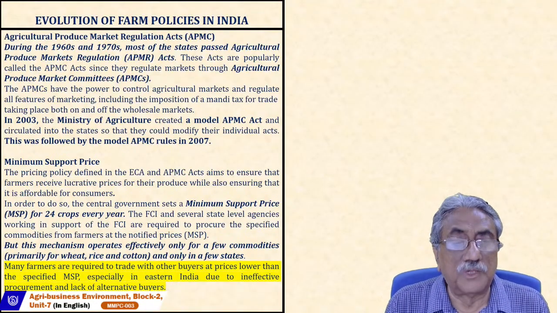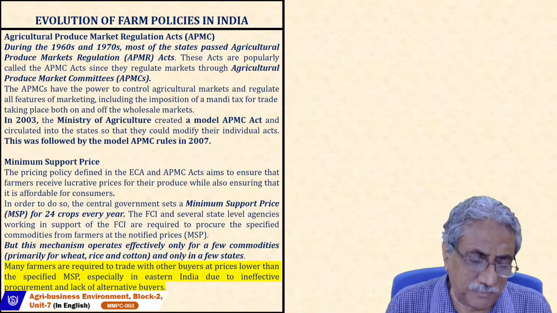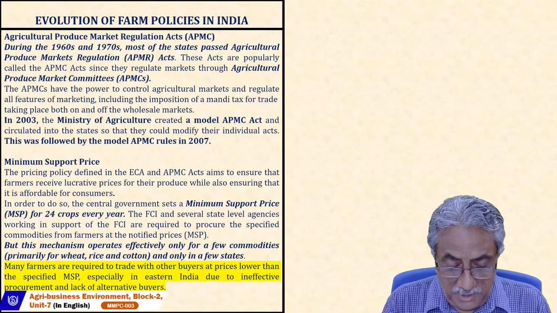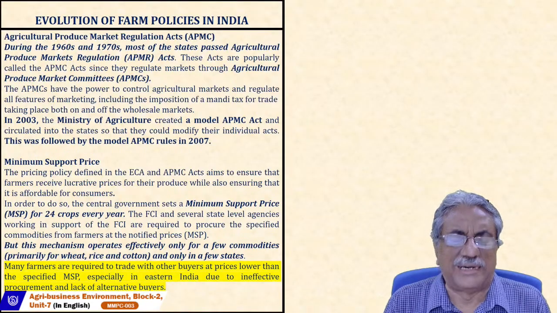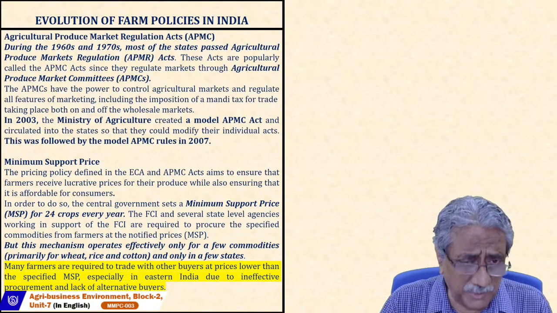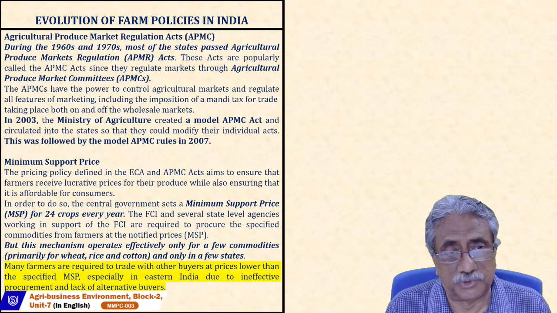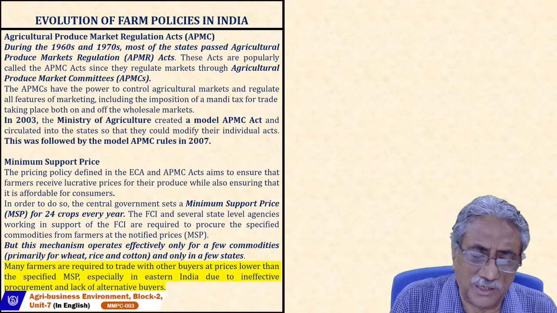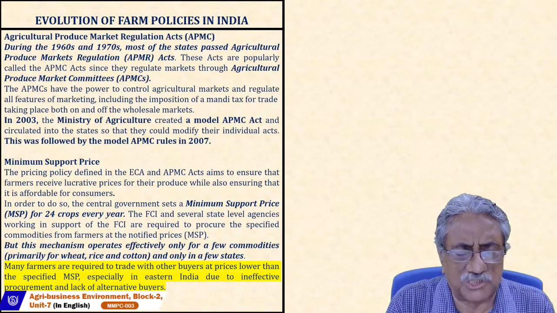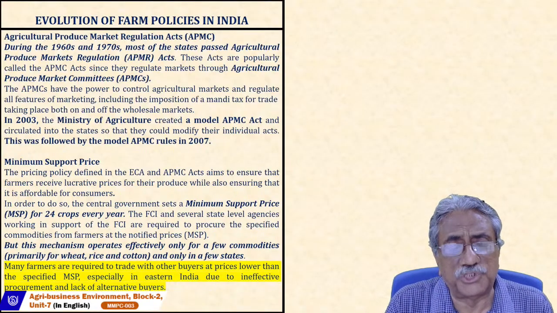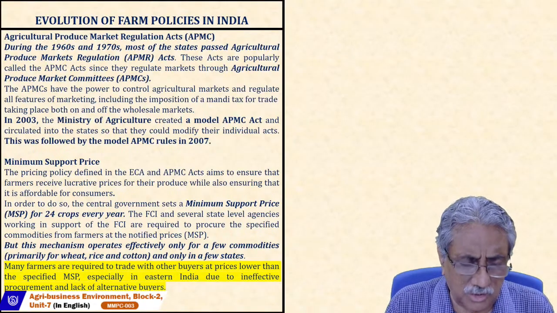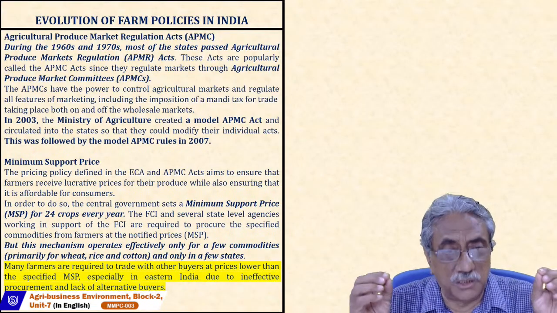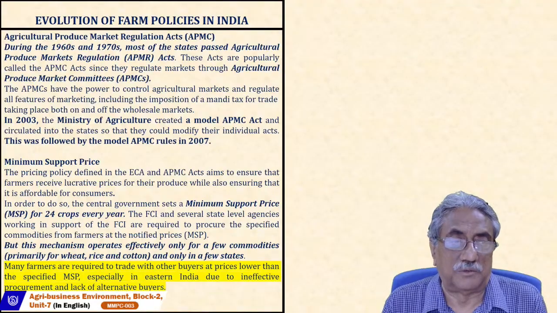After that, there was the minimum support price. This is where the government's moral responsibility came in, because when you go to the market, the market can dictate a price which may be lesser than your cost of production. That is why, as I told you earlier, the Agricultural Costs and Prices Bureau and other bodies were set up. They calculate the cost of producing 1 kilo or 1 ton of rice or wheat, etc., and they declare the minimum price at which the farmer should get paid.